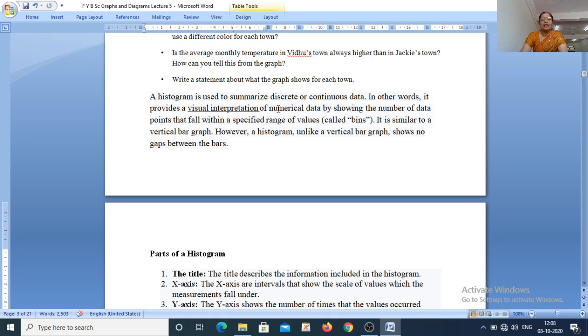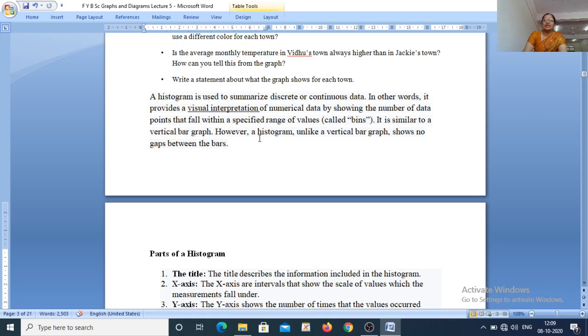And how do you obtain class boundaries? You just subtract 0.5 from the lower limit and add 0.5 to the upper limit. When you do this, your classes will be continuous, and those limits are called class boundaries. So on the x-axis you take class boundaries, on the y-axis you take class frequency, and accordingly you draw rectangles on the particular class such that the height of the rectangle is proportional to the frequency of the distribution.